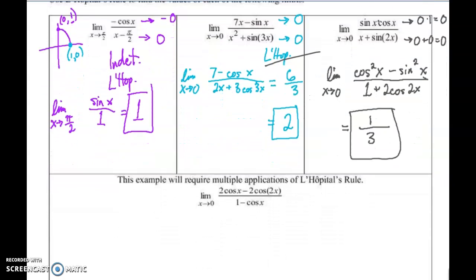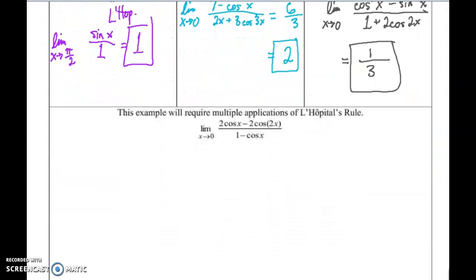And sometimes we need to do L'Hopital's rule multiple times, which is okay. We can do that. Because if we plugged in cosine of 0, we'd get 1, 2 times 1. I guess I shouldn't draw it out. You would get 2 minus 2 times 1 again would be 2. So we do get 0 on top. And on the bottom you get 1 minus cosine of 0, which is still 1. You get 0 on bottom. 0 over 0, that's L'Hopital's. Okay. So the derivative of the top,